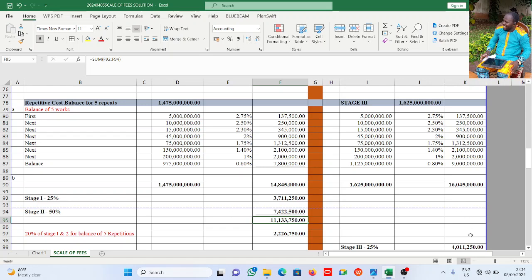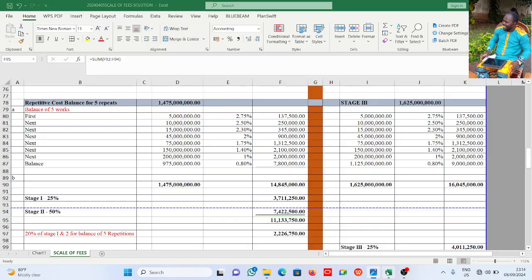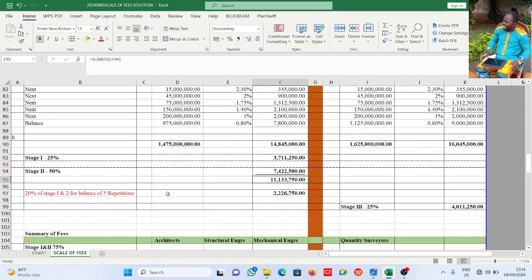So 20% of stages 1 and 2, balance of 5 repetition. Let's go back to the question, so we're not saying this off the head. Now this is it here. For the first 1 to 10, it is 30%. 11 to 20, which is where our balance of 5 falls into, it is 20%. So 20% of that is